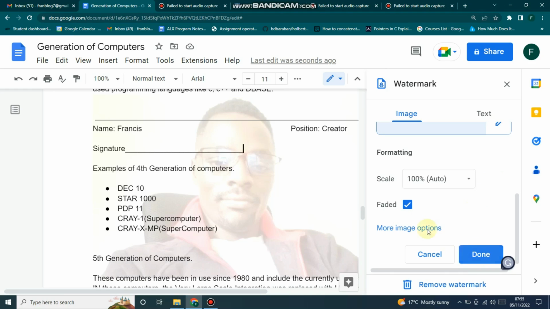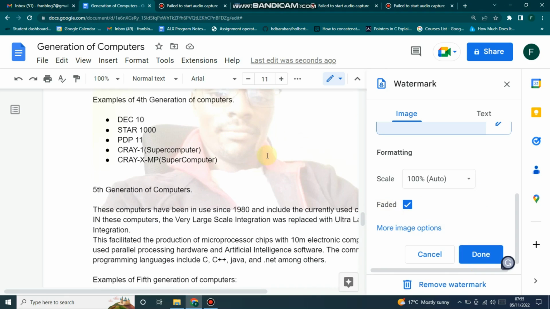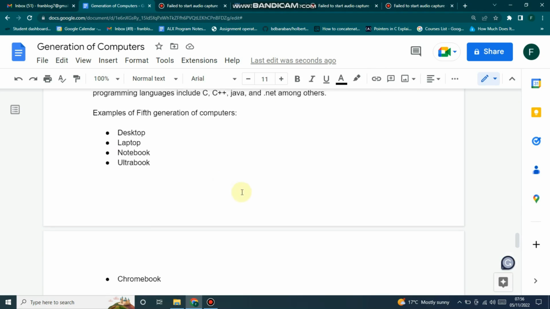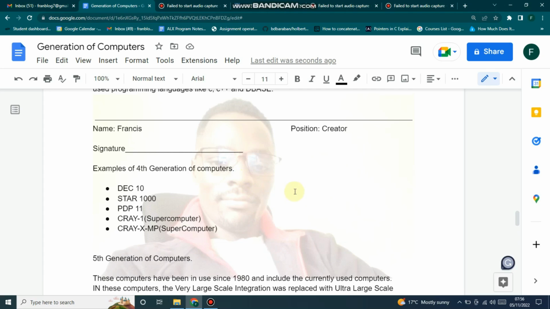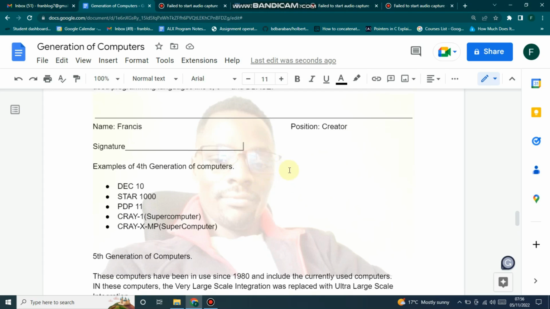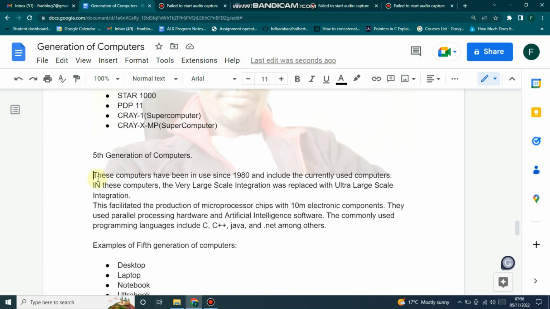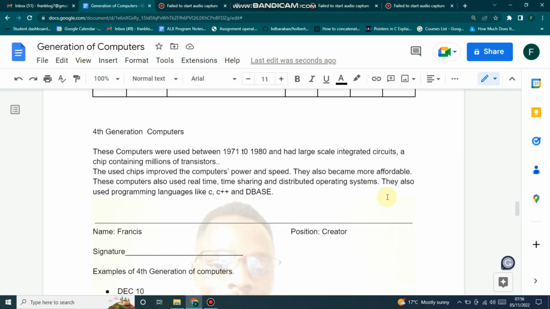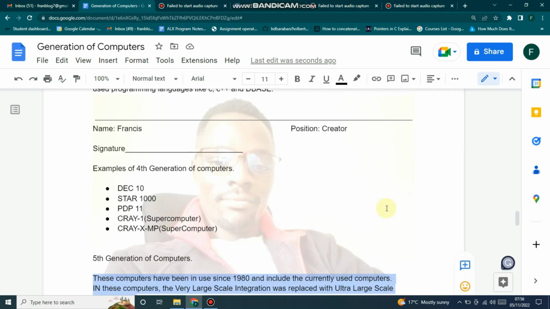Faded, you have the option to make it faded or clear, but I prefer faded, so that it does not overshadow your content. So I'll click on done. So you see how that watermark appears, and this makes it very hard for somebody to edit or misuse your content. The only way they can do that is if they copy this content and paste it elsewhere. But if they want to just replicate it by duplicating, it won't work, because the watermark will not be editable